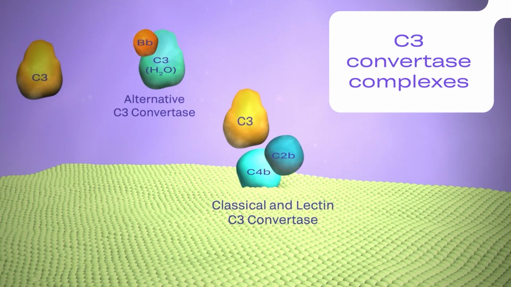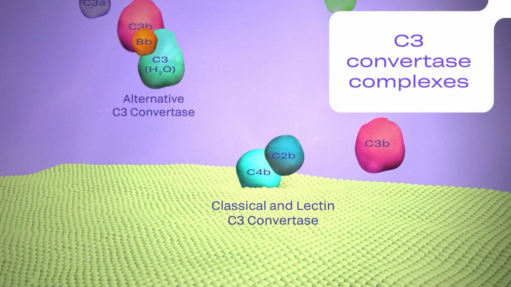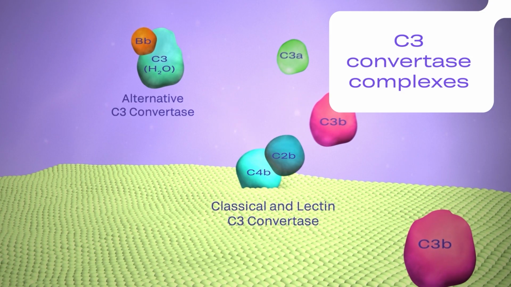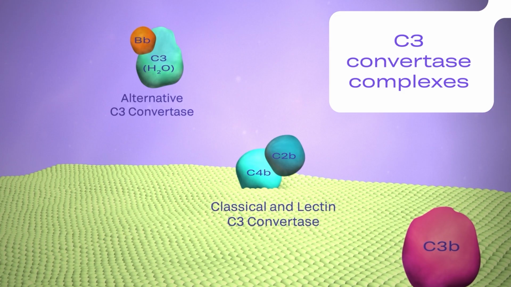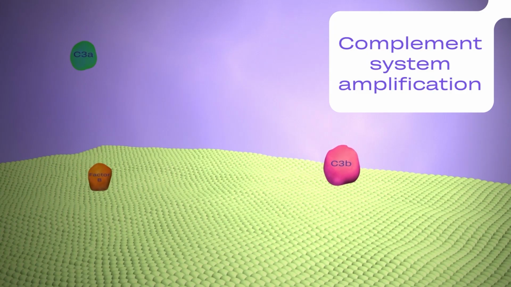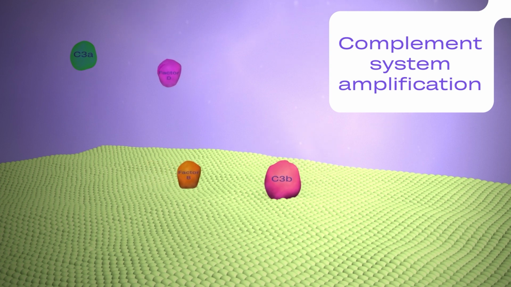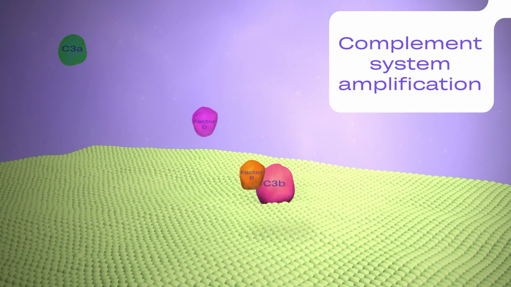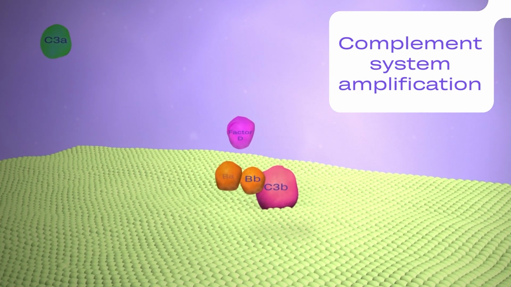C3 convertase complexes. The C3 convertase complex created by the classical, lectin, and alternative pathways can all cleave C3 into C3a and C3b, and the complement cascade can continue. Complement system amplification. Once C3 is cleaved, fragments C3a and C3b have different purposes. C3a is a powerful anaphylatoxin that recruits additional immune system functions. C3b is a strong opsonin and can bind directly to cell